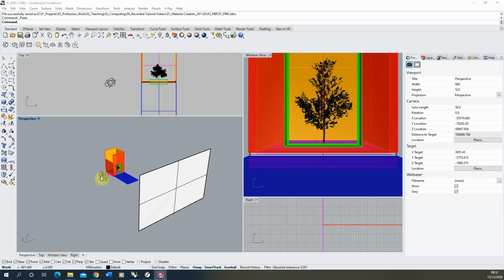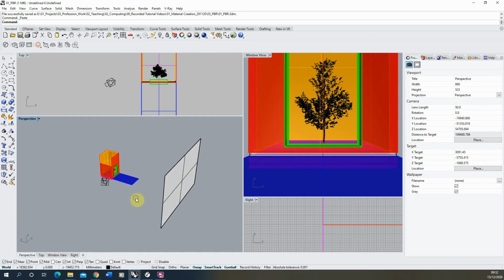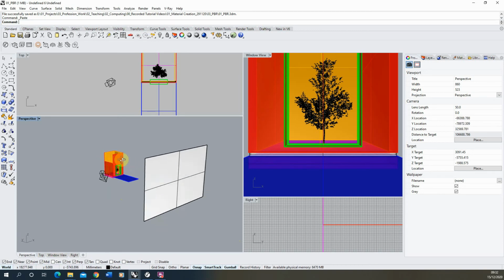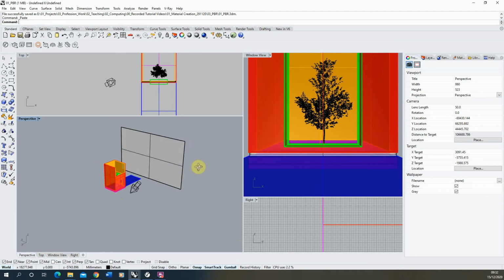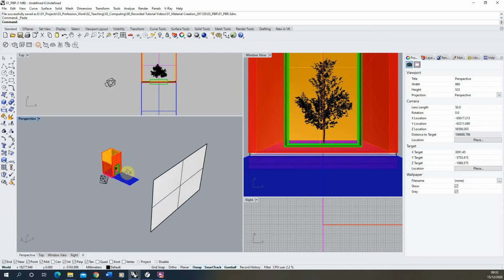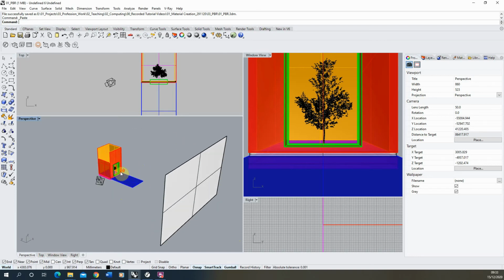Welcome to this video tutorial on material creation within Rhino. We'll be looking at creating materials within V-Ray, but this can also be applied to any other rendering software you have plugged into Rhino. We'll be looking at creating PBR materials, and PBR stands for physically based rendering of materials, so it's looking at using realistic lighting values and realistic material and texture models to help us simulate